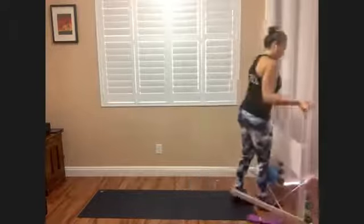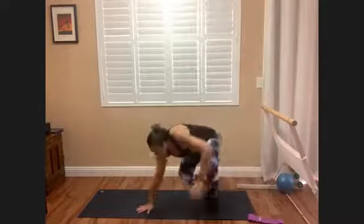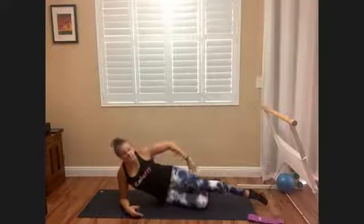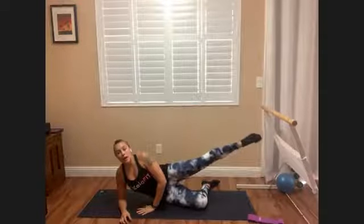Meet me on the mat, or you can stay standing. Your choice. I'm going to take it down to my right side and keep the left side up. Bend the bottom knee. Press into the mat with that bottom leg. Roll the hips forward. Straight leg, pointed toe. Top hand can press into the mat. And we're going to take it right away into those